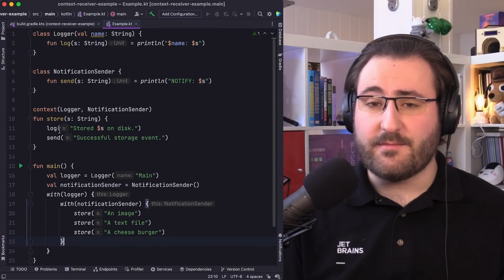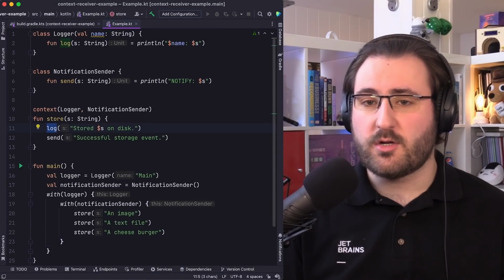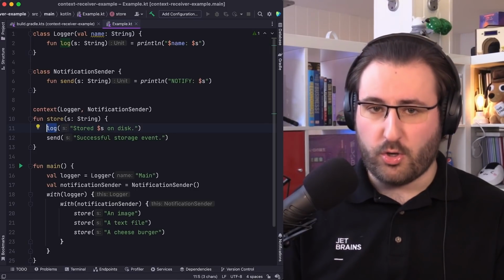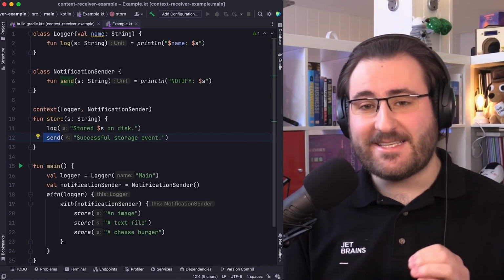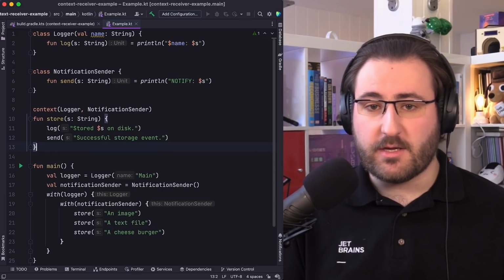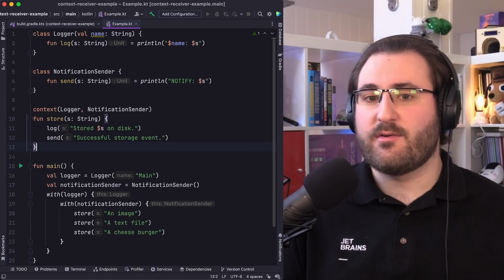Now, if your initial hunch is that this isn't ideal yet, you are spot on. There are still a few issues that we do need to address. Here's one that's probably the most glaring. When you add a context, that's similar to doing a local star import, you pull all the symbols of the context receivers into scope. You may have noticed that we silently moved from calling logger.log to just calling log. We are also calling send just as a freestanding function because it's just accessible to us now in this scope.